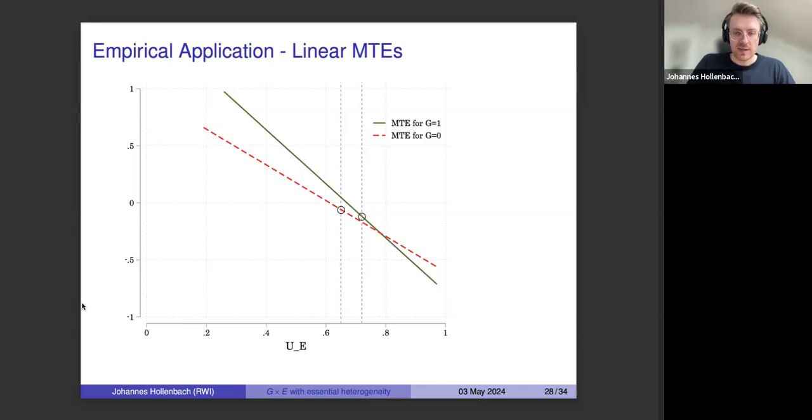What you can see here is the wrong comparison that the two-stage least squares makes. You can also estimate it using two-stage least squares weighting. I hope you can see that. You would compare these two circles again, and that would lead you to the wrong gene-environment interaction coefficient. What you would actually want to do is, at each of these points, compare the green and the red lines, and you would end up with two different gene-environment interaction effects for each type of G.